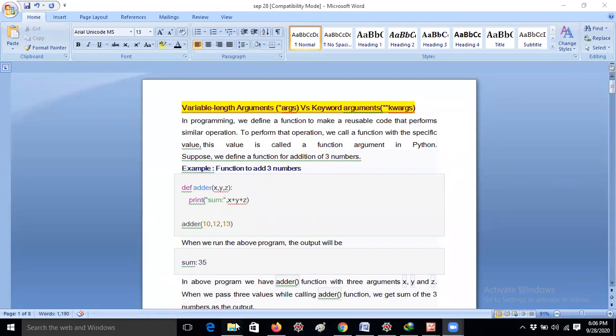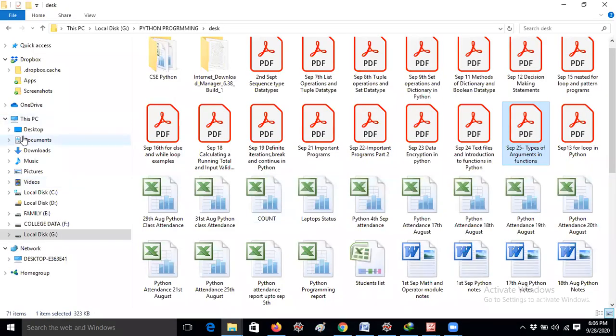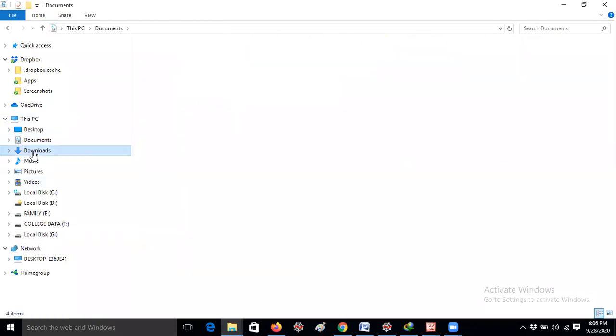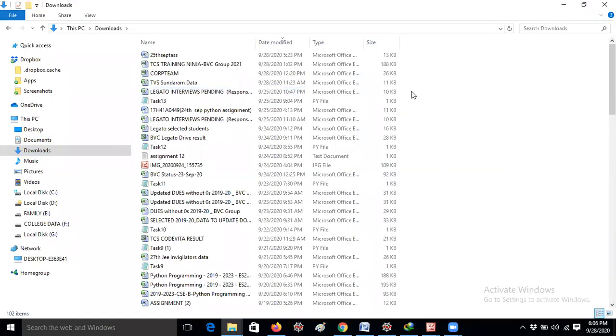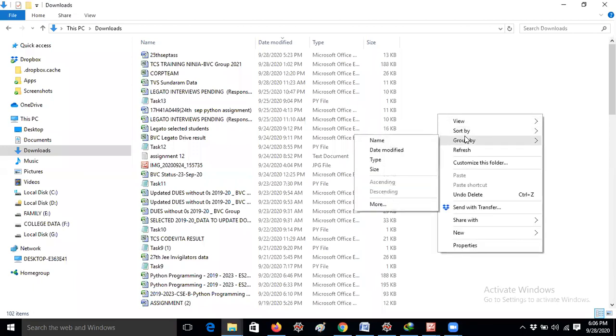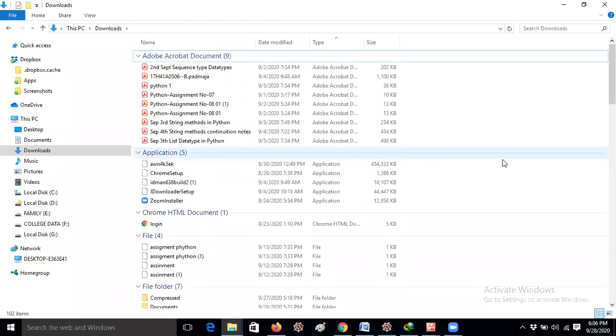Anyway, one minute guys, one of the diploma students, Lakshmi, also submitted the assignment. She did the example, count the number of digits using a function. You can do it in that way, you can also do it in this way.